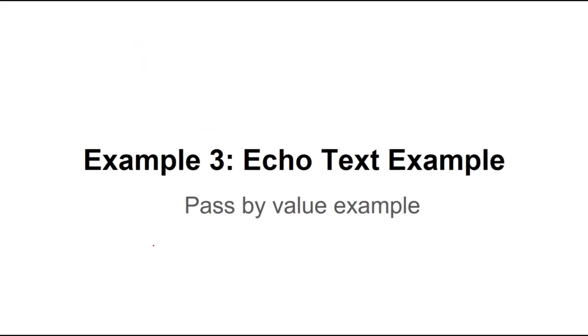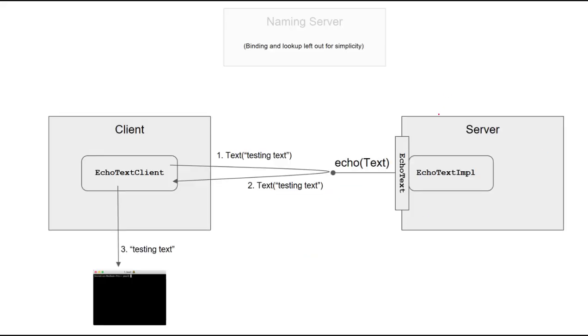So this third example is slightly more complex than the first two, and what we're trying to demonstrate here is pass by value copy over a network. So in this case, we're not echoing a string, we're echoing a text object, which also returns a string, but it's an object that wraps a string. Okay, so we have a server, we have an echo text interface, an implementation for that interface, and